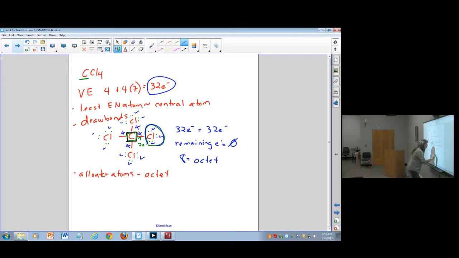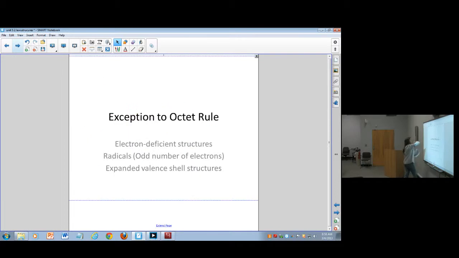So let me redraw that without all that stuff on it. This is a valid Lewis dot structure that fulfills all the rules. I used all the electrons, everything has an octet, and so I'm a happy camper with this. Now let's move on to